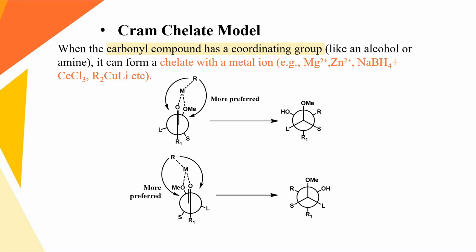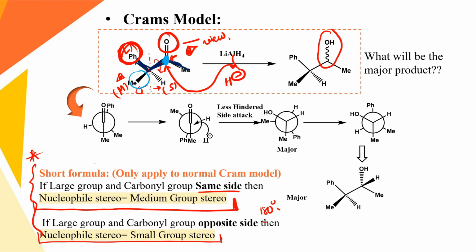The Cram chelate model says, when a carbonyl compound has a coordinating group in the alpha position, like an alcohol or amine, it can form a chelate with a metal ion, such as Mg2+, Zn2+, NaBH4, Luche reagent, Gilman reagent, etc. For example, here all are phenyl so they are not chelating, but if any of those groups is either OCH3 or NH2, then this normal Cram model won't work. So at that time you have to make your